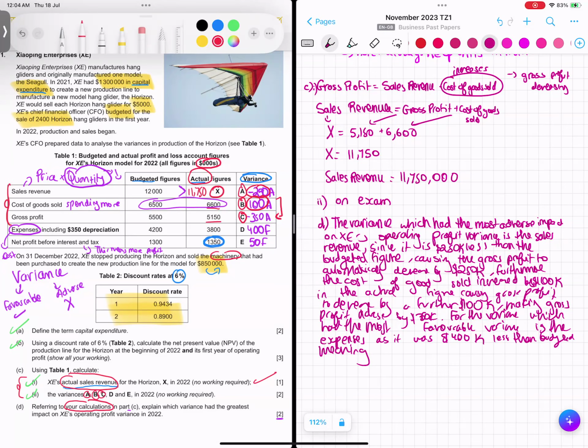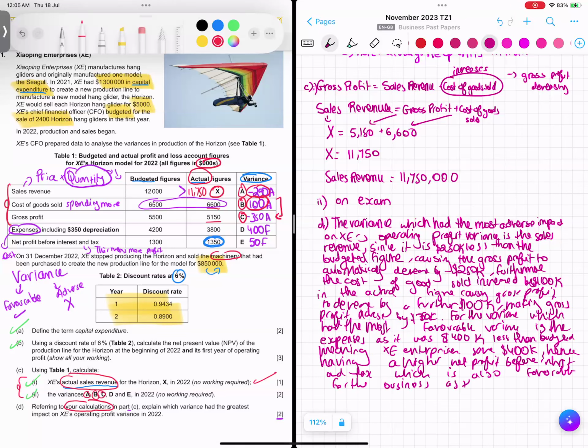You're explaining why it's favorable to the business, meaning the business or XE enterprises saved 400K, hence having a higher net profit before interest and tax, which is also favorable for the business